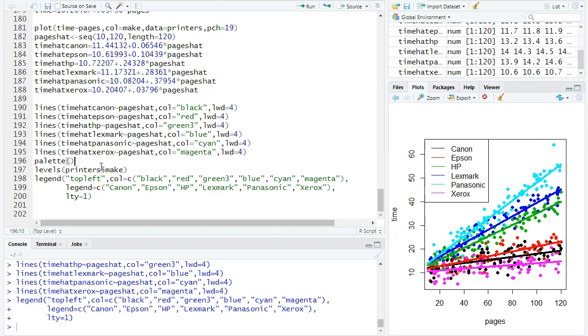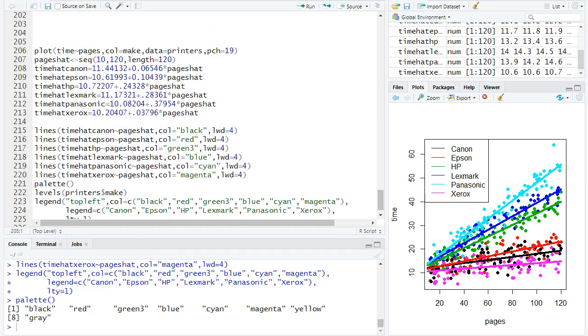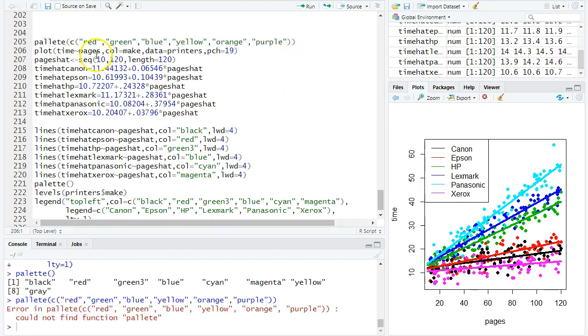Now, is it possible someone could be like, I don't like these colors, black, red, green. I wish they were different colors in a different order here. Is there a way to change that? Well, I guess if that's important to you, yes, there is. Before I draw my dots, I'm going to rewrite the palette command. And in here, I'm going to combine, what colors do I want? Well, I like red, so I'm going to do that first. And I'll fill it out with 6 colors because I have 6 groups, except apparently I have misspelled the word